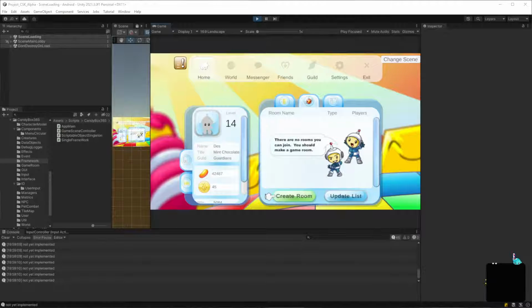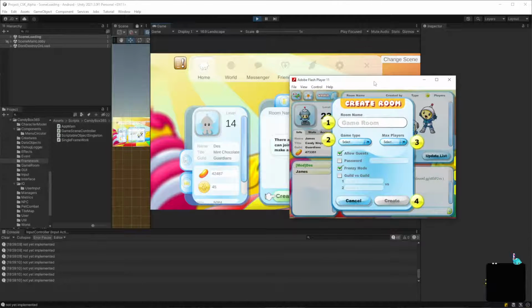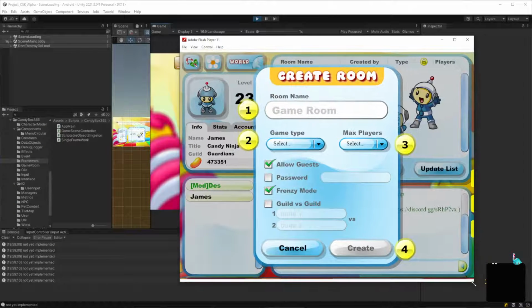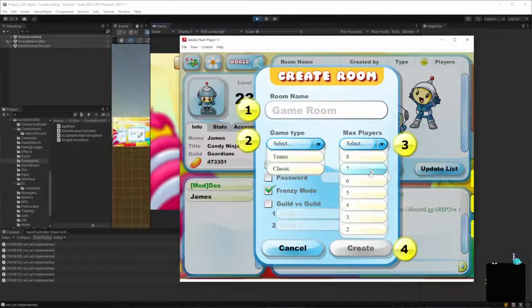And of course, the create room wanted to share some of the logic similar to this, right? So room name is going to be optional. Game type, this should probably default, I think, instead of having to select it. Max players, this should also default.